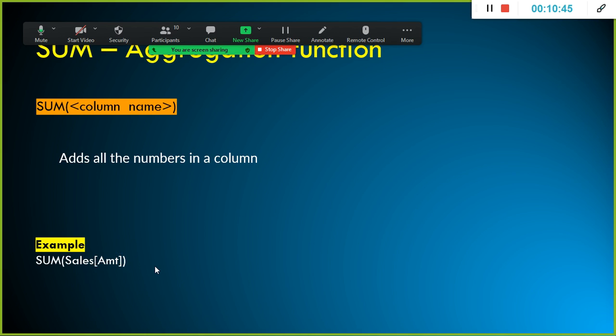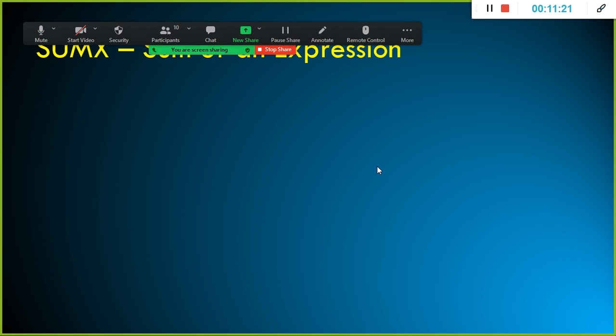Already we have demonstrated how to create a measure, and in the measure we created sum of sales amount. You remember, in the Adventure Works data set I used it. With that we have seen it. We created a measure. Once you create a measure, you can use it in a calculate function. You don't have to compute the sum on the same table again. You can reuse the same measure across various scenarios. Next one is SUMX.